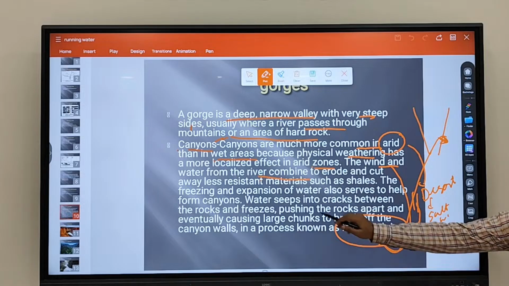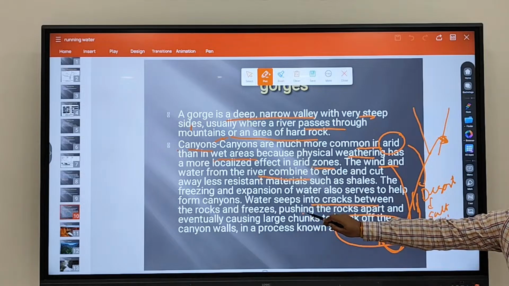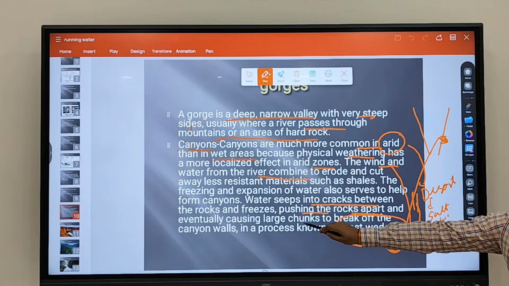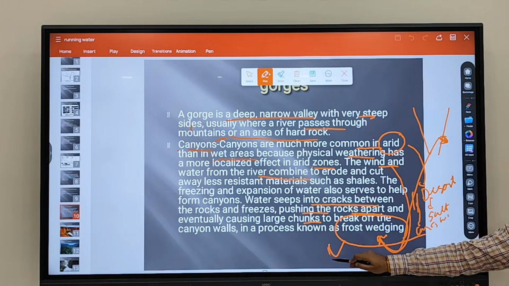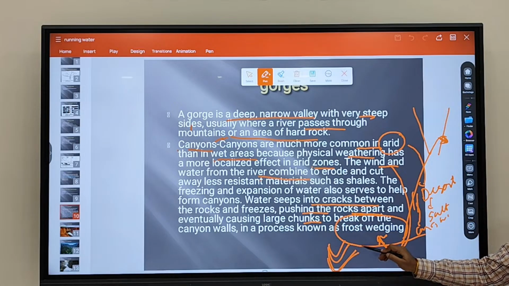So you can see water seeps into the crack between the rocks, freezes, pushing the rock apart, eventually causing the larger chunk to break. This larger chunk will happen, and this process is referred to as frost weathering. Clear? So this difference lies between what? This difference lies between a gorge and a